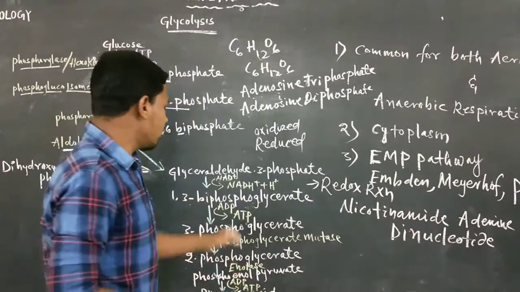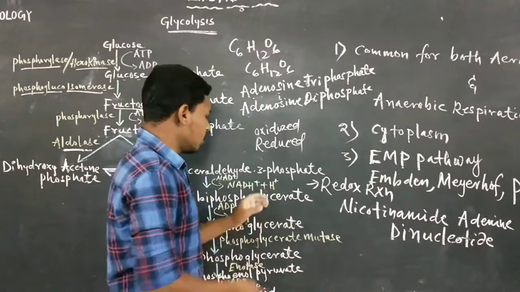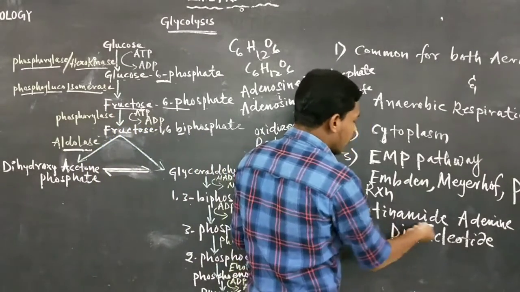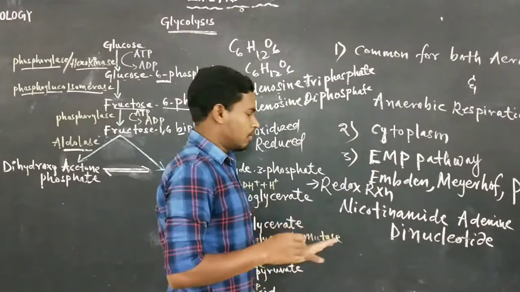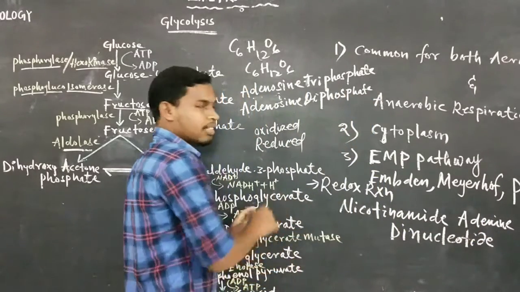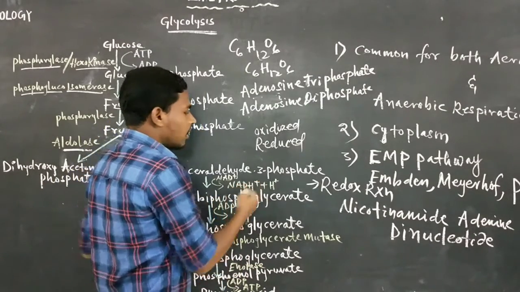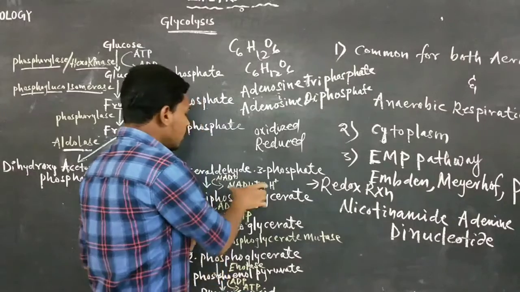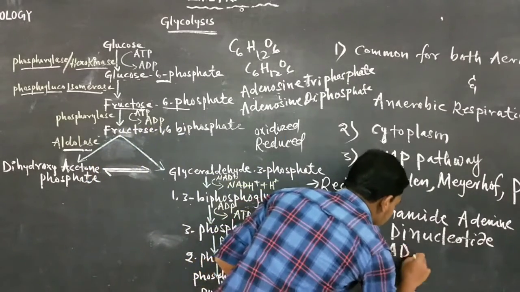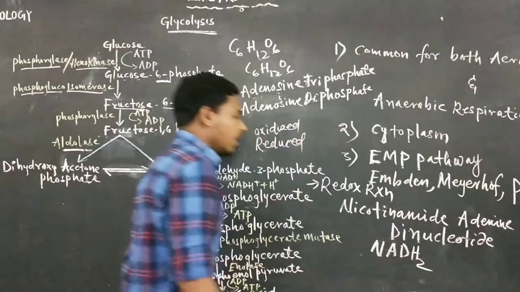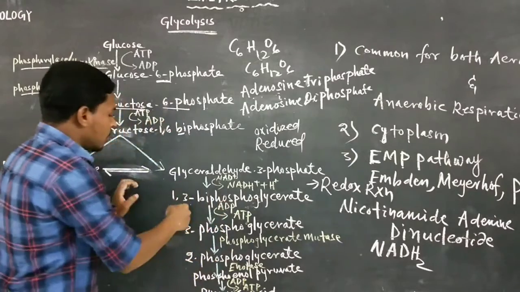Okay, what is the full form of NAD? NADH plus H plus means what? Same thing you can write, nicotinamide adenine dinucleotide, but the reduced form. Reduced form of NAD. So this is the reduced form, and this can also be written as NADH2. Okay, next is